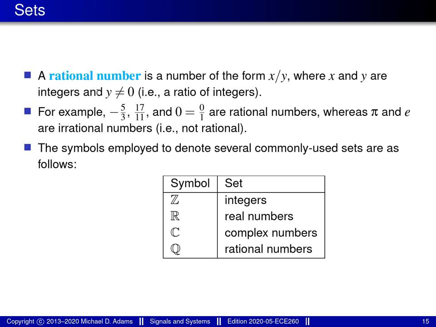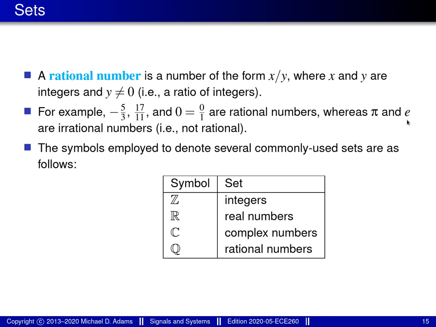So first of all, as a matter of terminology, a rational number is a number of the form x divided by y, where x and y are integers and y is not equal to 0. In other words, a rational number is simply a ratio of integers. So for example, numbers like minus 5/3, 17/11, 0 are examples of rational numbers. Whereas numbers like pi and e are irrational numbers because you can't actually represent them exactly as a ratio